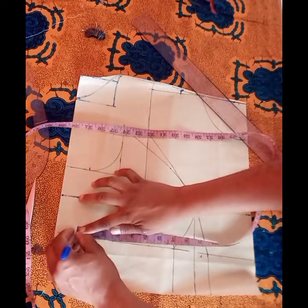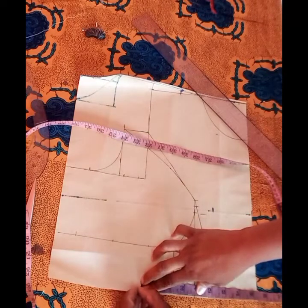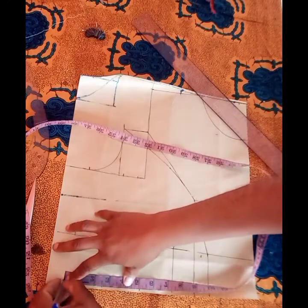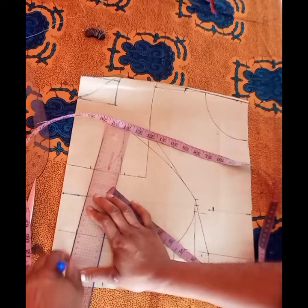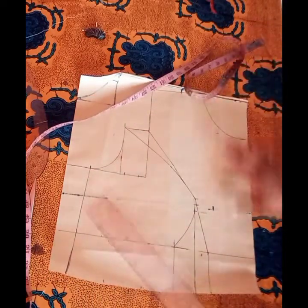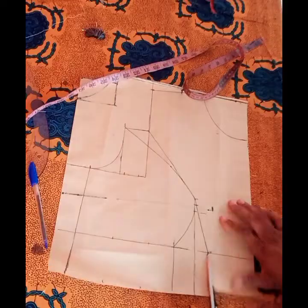So go ahead and add your allowance. You do the same thing at the waist. The waist measurement is 33. So 33 divided by 4, that is 8.2. So you mark it, then your dart 2.5 inches and your sewing allowance. So after which you go ahead and connect. Okay, so you connect it. So this is what you have here. All right, so this is our dart. So the next thing for us is for me to cut it out. So I'll go ahead and